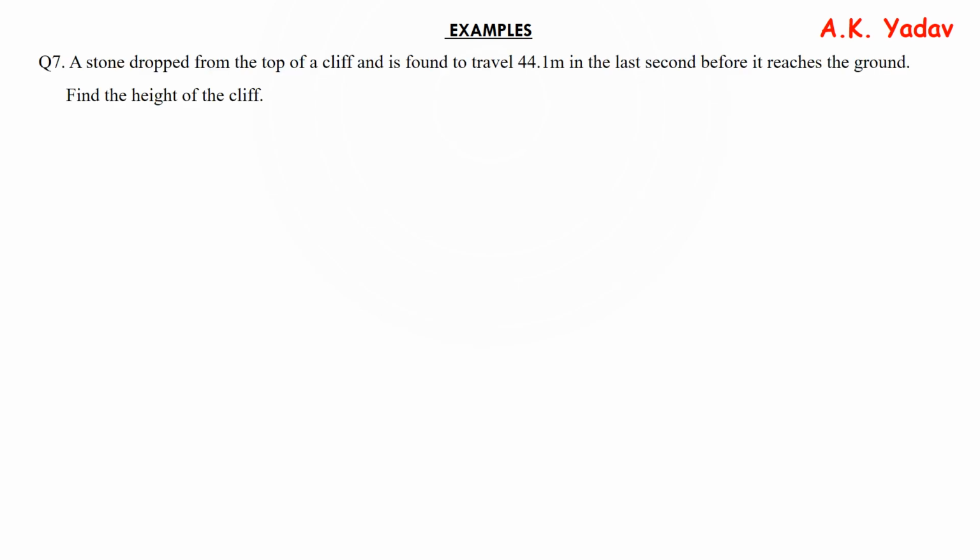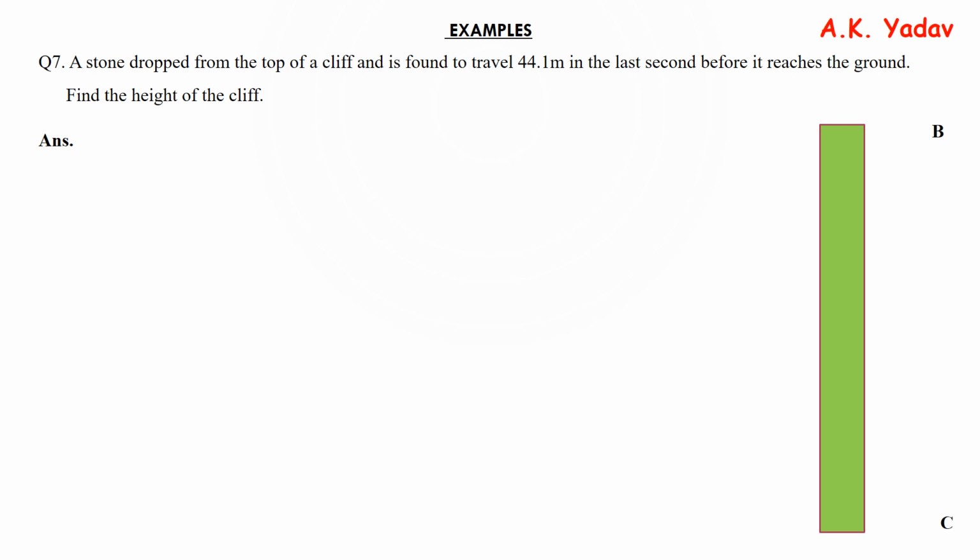Example number 7. A stone dropped from the top of a cliff is found to travel 44.1 meter in the last second, that is the nth second before it reaches the ground. Find the height of the cliff. So this is the cliff, that is BC. A stone is dropped, that is u is 0. Let us suppose it moves to a point A, and now from A to C, that is the last second, it covers